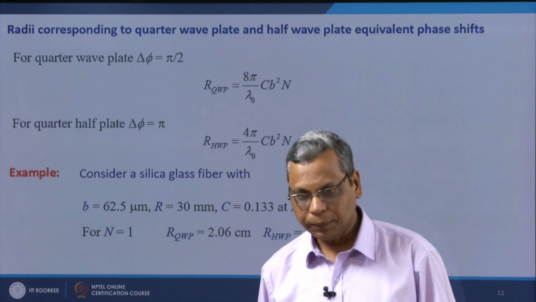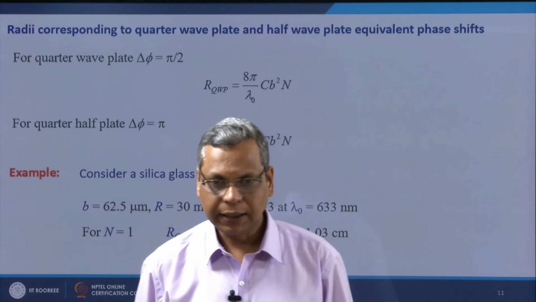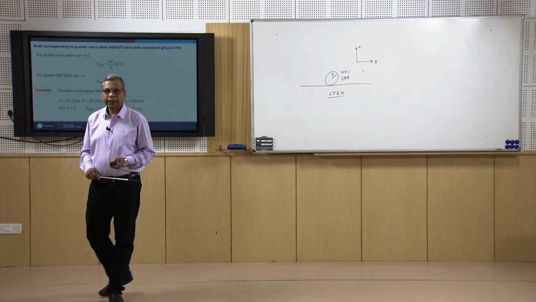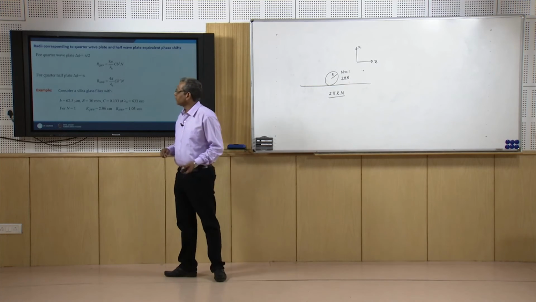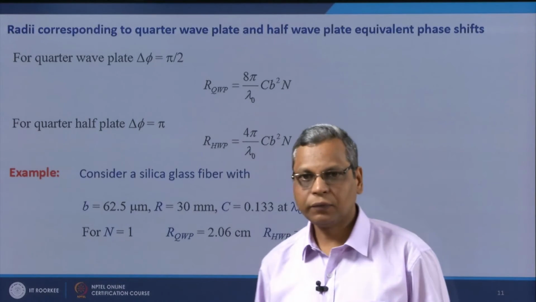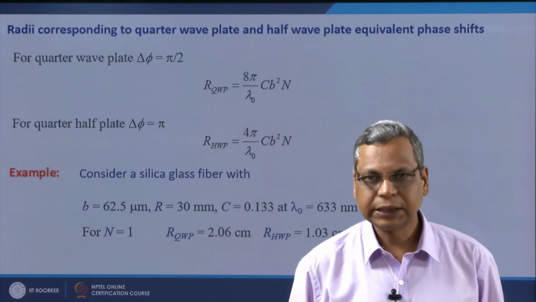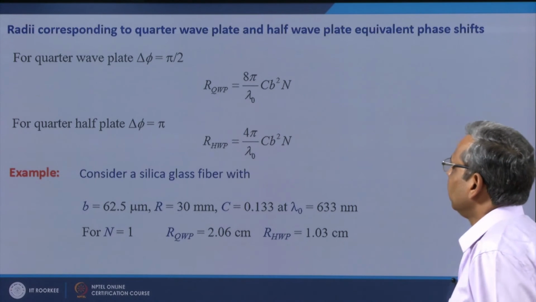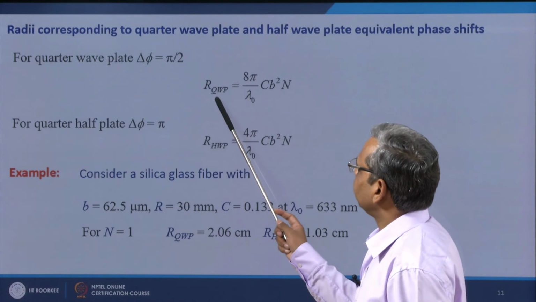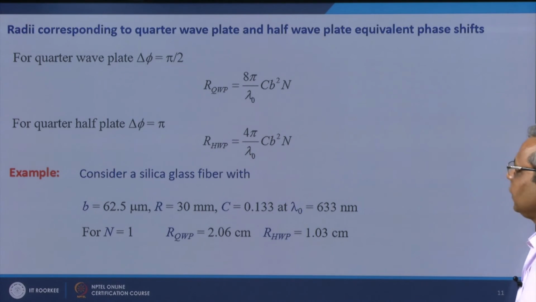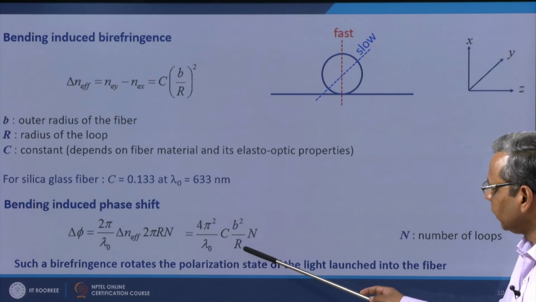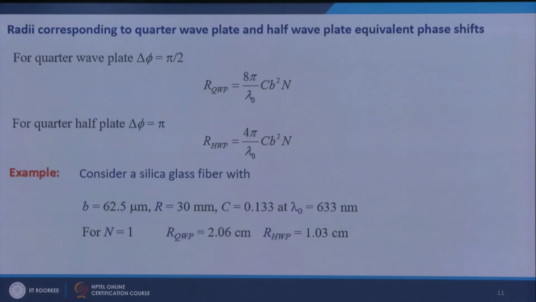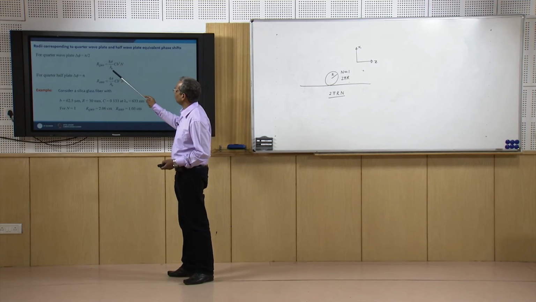If I talk about bulk optics, in bulk optics if I have birefringent crystals, then out of these crystals I can make quarter wave plate, half wave plate. Quarter wave plate means a path difference of lambda by 4 or phase shift of pi by 2. So, I can immediately find out the radius corresponding to quarter wave plate if I put delta phi is equal to pi here and find out correspondingly the radius. So, this radius comes out to be 8 pi over lambda naught times c times b square times n